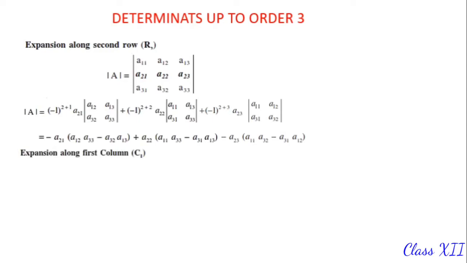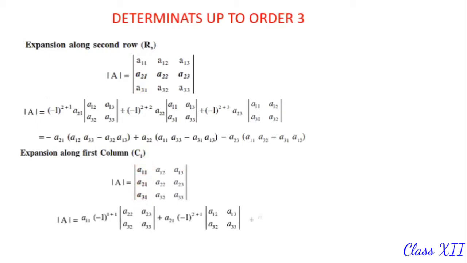Next we have to see how to expand along the first column. First column means this is the one, how we have to expand along the first column. Determinant A is equal to, we are going to expand it with this column. As before, determinant A is equal to A11 element we have to take, that means minus 1 the whole power 1 plus 1. That row and column is gone, balance A22, A23, A32, A33 it's written, plus second element is A21. A21 if you take minus 1 the whole power 2 plus 1, into determinant